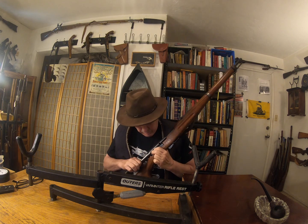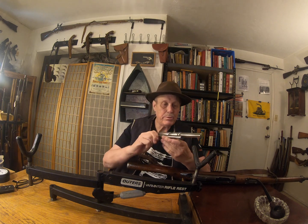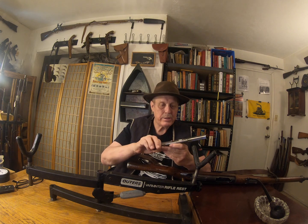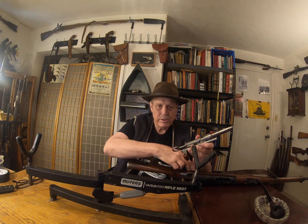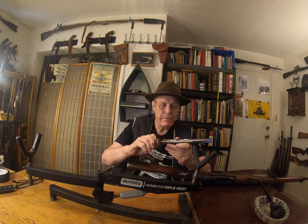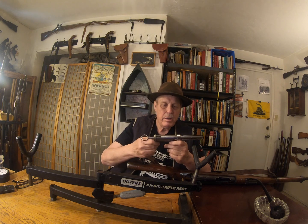Push down on this and pull it out. And as you can see, that looks just like this. This is a K11 or Schmidt Rubin style bolt. It has two locking lugs here. This cut here runs on a pin in there, and that's what spins this thing into battery. It's a really intricate, amazing